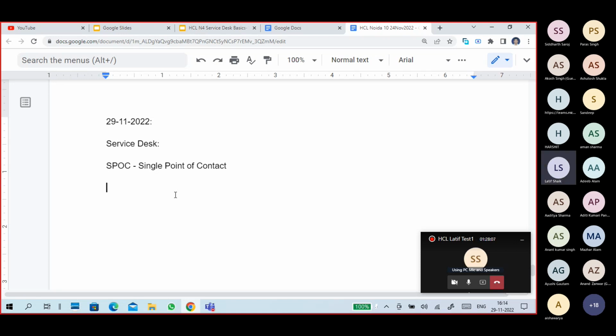What is SP? Most of the time you get SP means service provider. SD is service desk, SP is service provider.